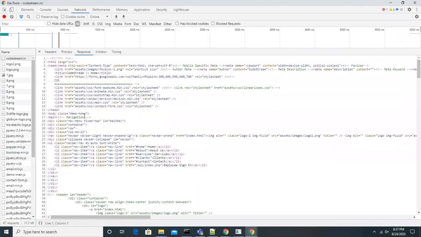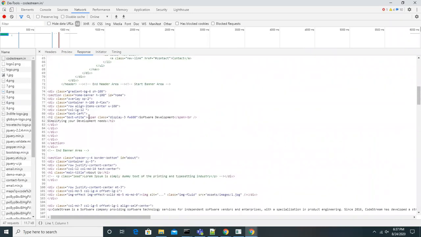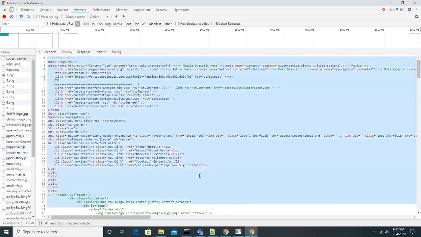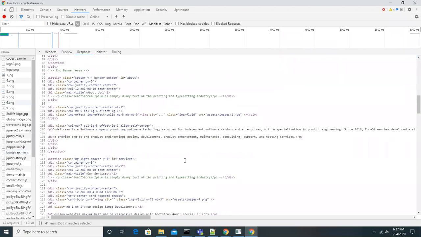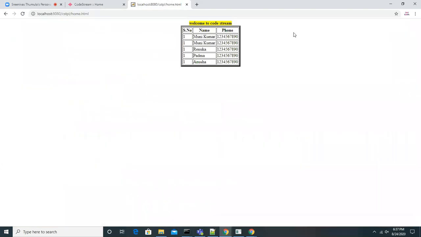In the preview and response, as a response we get a lot of HTML code which was deployed in the server, not in my machine. Even if you try to access it, you will get the same response, right? That means the response is coming from the server. So that is the basic way of accessing a web application, guys. I just tried to explain the structure of the application and how to access it.